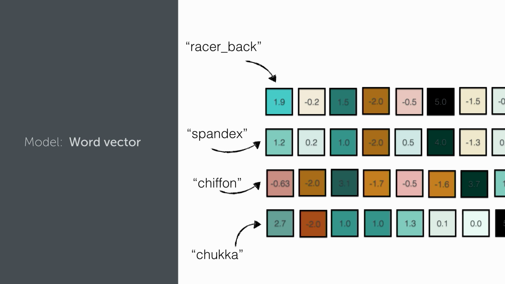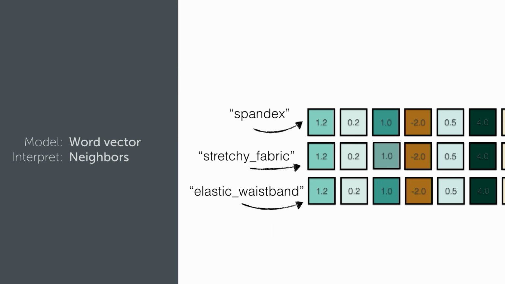But let's just go back to our words model, and let's start by looking at what the nearest neighbors are for each one of those things. So for the word spandex, it might be that the nearest token is stretchy fabric. Great, awesome. Spandex, totally a kind of stretchy fabric. If no one knew what the word spandex was, I would totally describe it as a stretchy fabric in some way. Great. But this is still a very local view of what my model is doing. It doesn't really give you a sense of scale of what your model is doing.